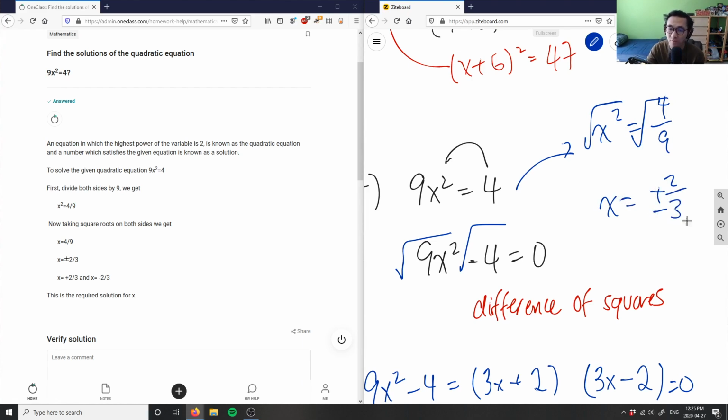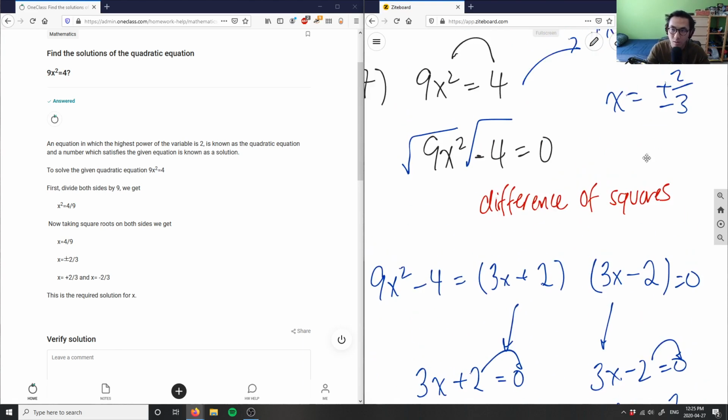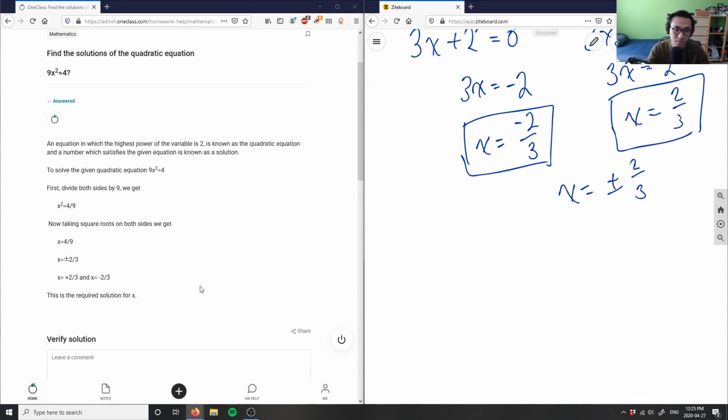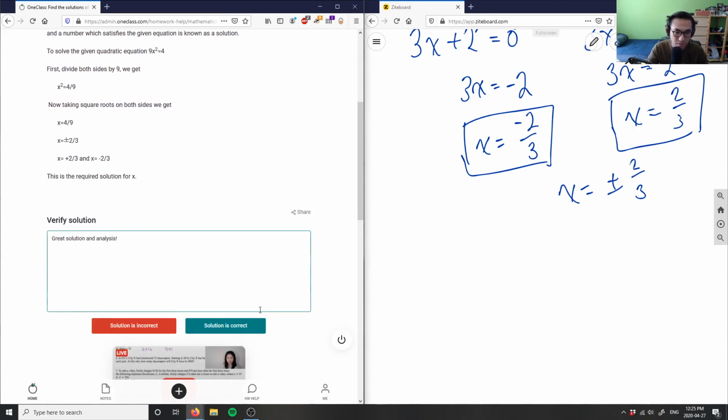So this solution, actually, is probably even faster than what I did here, but I solved for it based on difference of squares. They visualized it as algebra. It totally is fine. Honestly, both ways work as long as you get the same answer here. So this is plus or minus 2 over 3. This here is a great solution and analysis. So both ways work when solving quadratic equations, right? We can solve by factoring, solve by algebra, solve by inspection, or the quadratic formula. All of these are basically tools for us to solve a quadratic equation. So the solution here is correct. So let's see what my next